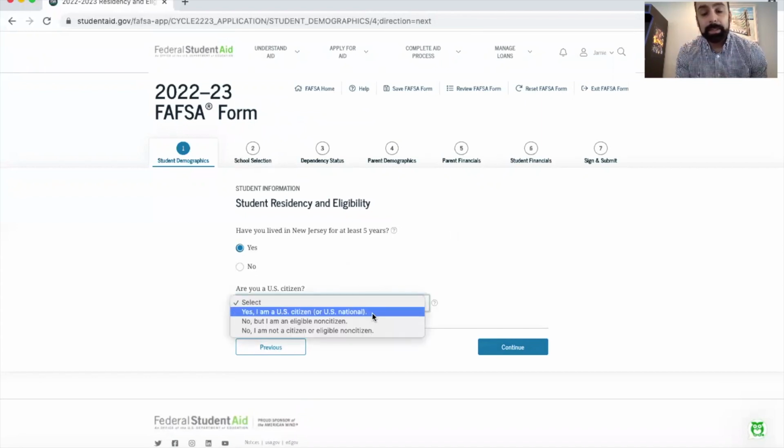Now, if you're not a US citizen, you can still fill out the FAFSA form. The way the FAFSA form works is this. You have to be either a US citizen or a permanent resident as the student to fill out this form. The parent's legal status, to be honest with you, doesn't matter. As long as the student is a US citizen or has permanent residency here, they're able to do the